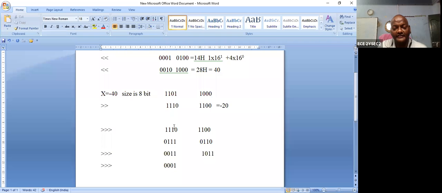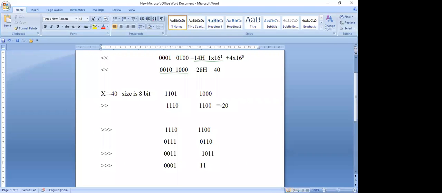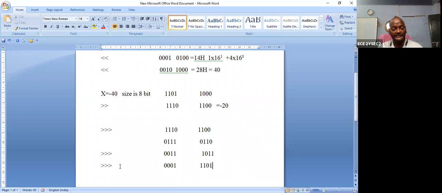Then what is the value? 1 1 1 0 1 0 0 1. Is it right? So what is the basic principle? A 0 should be appended. So here on the left side a 0 should be appended and the remaining value is shifted by 1, in the right direction. In the right shift, the value is decremented, that means divided by 2. In the left shift, the value is incremented. That is called multiplication.